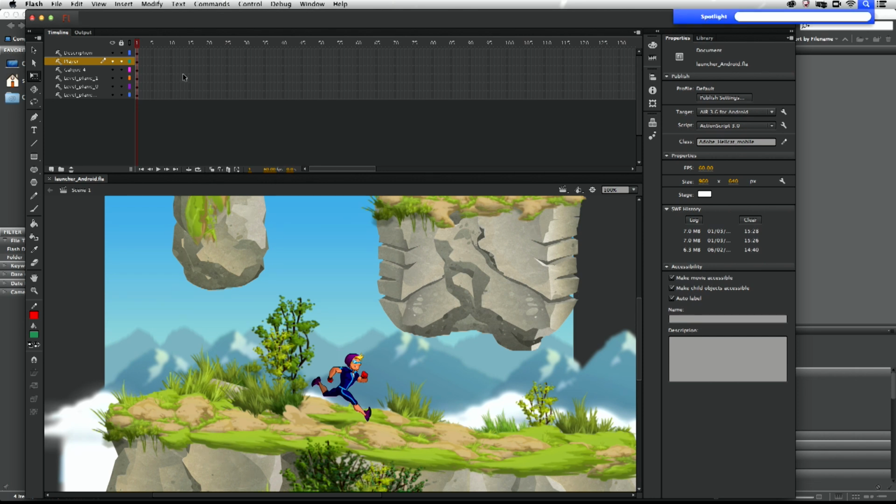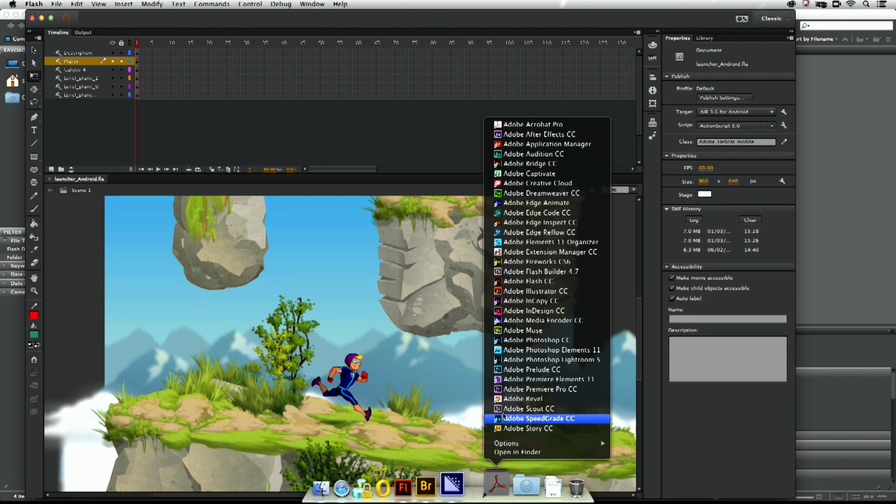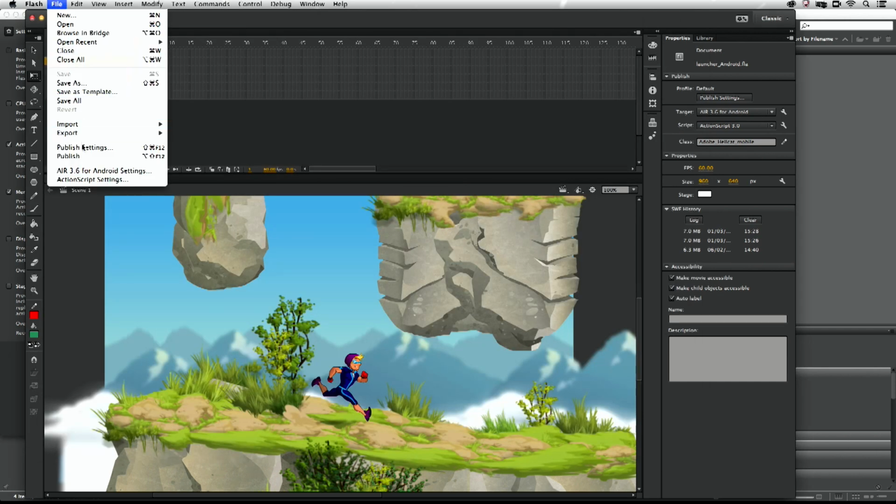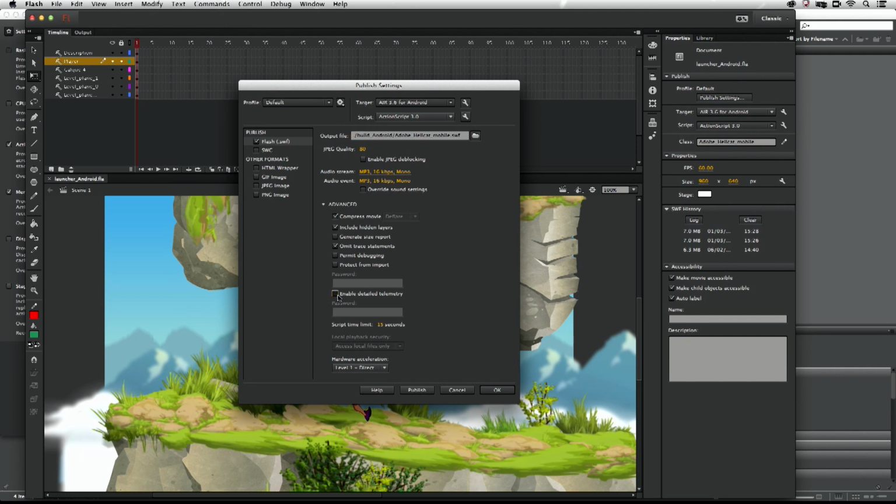First of all, we have a product as part of Creative Cloud which is called Scout, Adobe Scout. And that is a profiling tool to help you profile as you debug. So for example, if you've got a game you want to debug and check for memory management, you can do that very easily using Scout CC. Now to do that, we just need to go into Flash, and under the Publish settings, we can say Enable Detail Telemetry. If you wanted to, you can password protect this as well if you're doing this across domains or anything like that. But certainly enable detail telemetry, and obviously turn that off when you go to publish for your final output. But if I just turn that on for now,